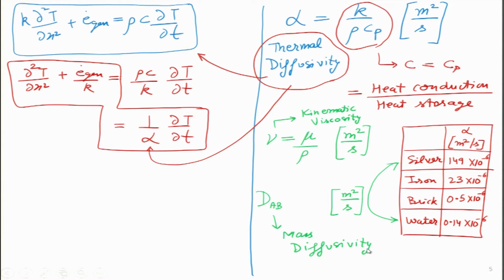So, if we look at all these three symbols, on the top we have alpha, then we have nu, and then we have DAB, and all three have the same units, meter square per second. So, essentially they are all representing some sort of diffusion which is taking place. In the first case, our thermal diffusivity is showing the diffusion of heat. So, in a particular body, if I give heat only at a particular point, then how does it diffuse spatially?